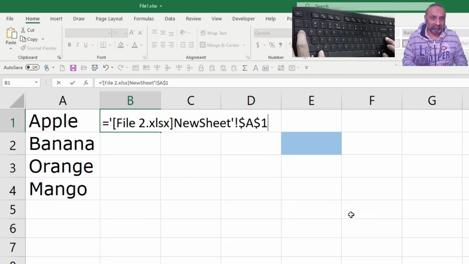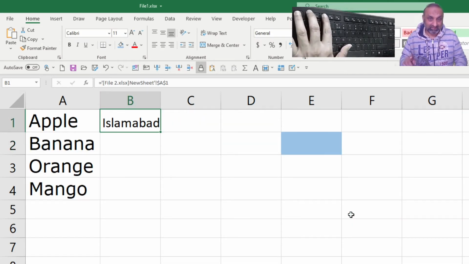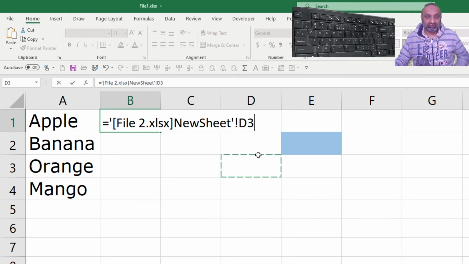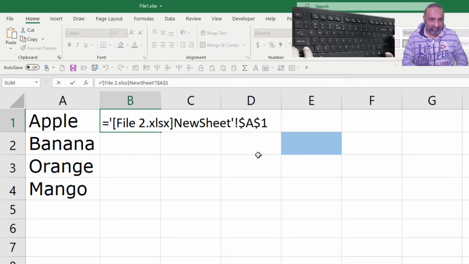So this is another workbook, and let's look at the equation. Now we have this. After this, we have a single inverted comma that starts as the first letter in the equation, and then we have the file name, and the file name is encapsulated within the square brackets, and then we have the sheet name, and then we have this exclamation sign, and then we have the cell reference. So if I copy this